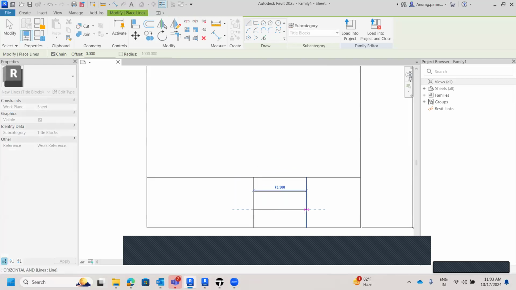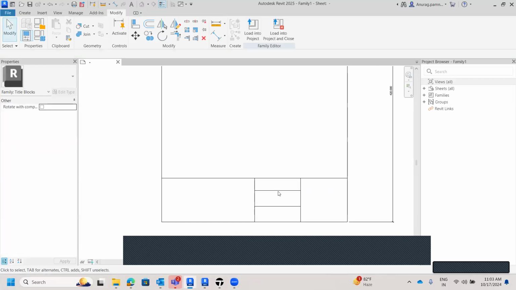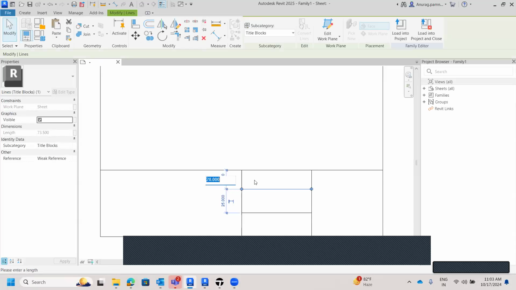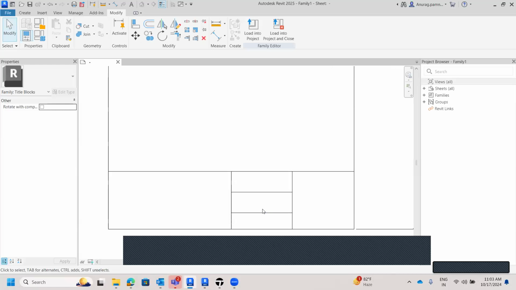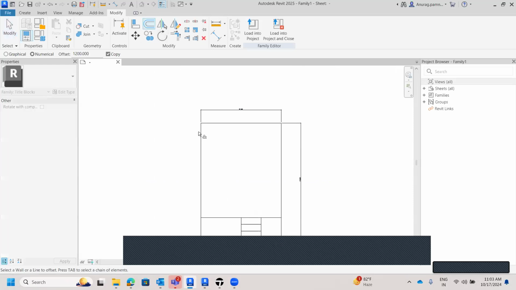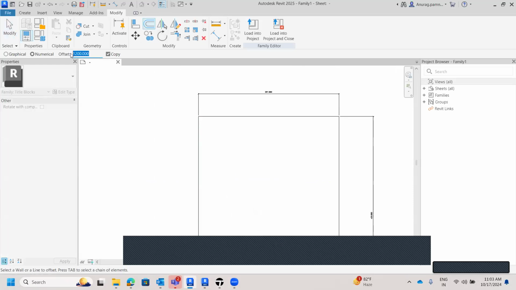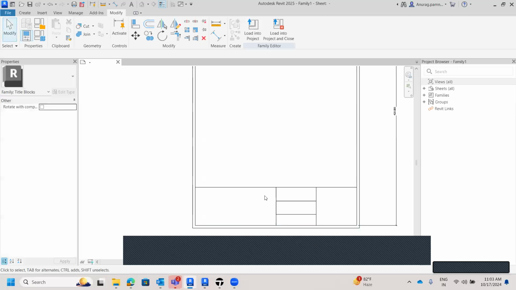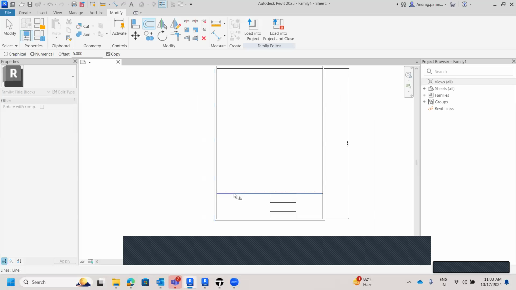सो यू कैन क्रिएट ऑल दो शीट्स थिंग्स अकॉर्डिंगली, यू कैन मैनेज स्पेस। तो अगर मैंने इसको क्लिक किया, टेम्पररी डायमेंशंस एक्टिवेट हो जाते हैं। सो यू कैन मैनेज ऑल दोज थिंग्स बेस्ड आउट ऑफ टेम्पररी डायमेंशंस एज वेल। तो यहाँ पे भी मुझे 25 चाहिए, सो आई कैन शिफ्ट दैट अकॉर्डिंगली, राइट। तो इस तरह की स्पेस हो जाती है। सो सपोज दिस इज समथिंग व्हाट आई हैव डिजाइन, मैं कुछ और भी ऑफसेट कर देता हूँ। ये लेट्स से ऑफसेट शुड बी ऑफ 5 और 10 mm। तो ये मेरी शीट का ऑफसेट हो गया। सो दिस इज समथिंग हाउ द थिंग्स आर गोइंग टू वर्क,